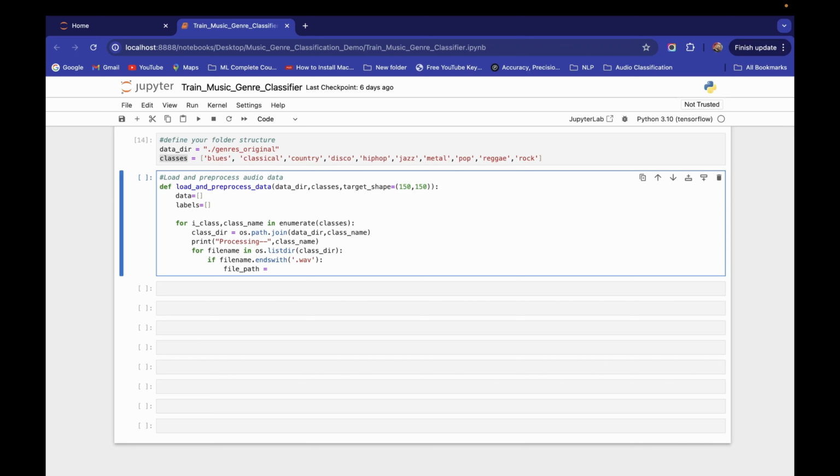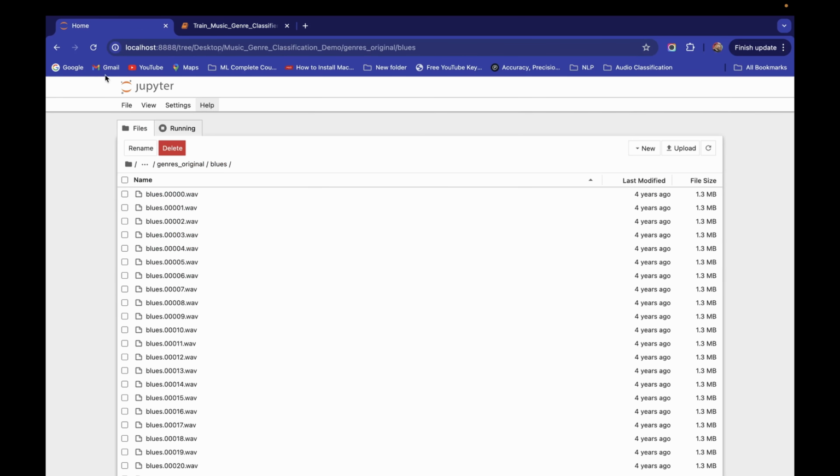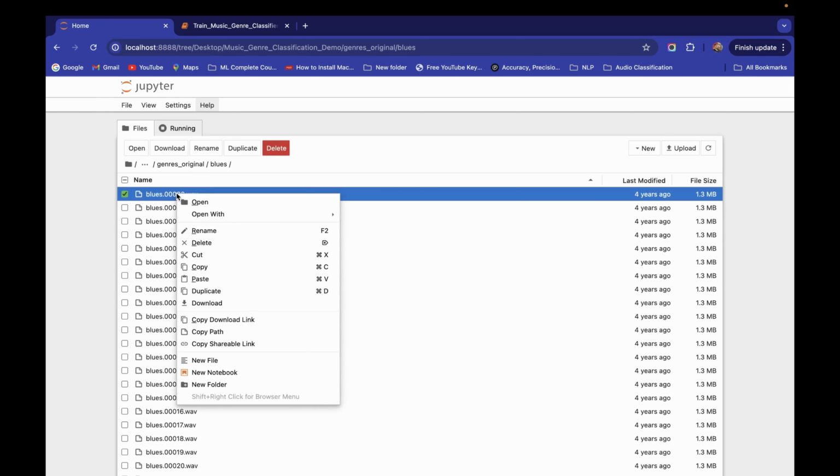To create the file path, we will do os.path.join again, and we will join this class directory with this file name. After this, once we join this, we get the entire path of this file.